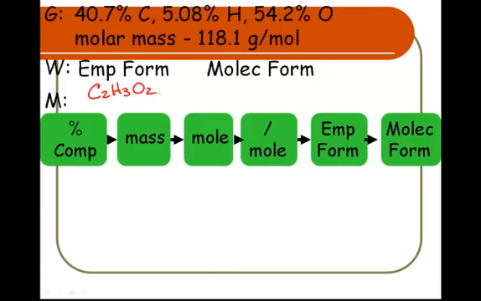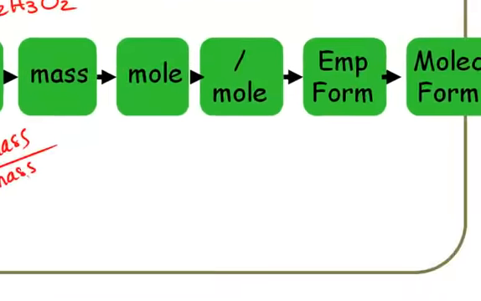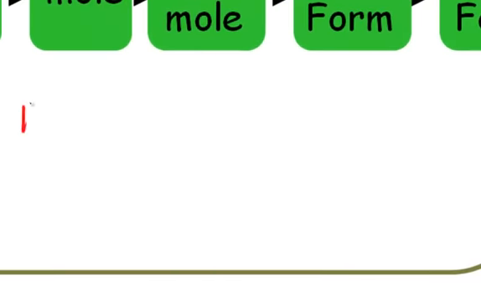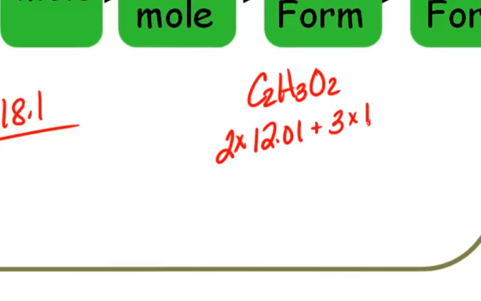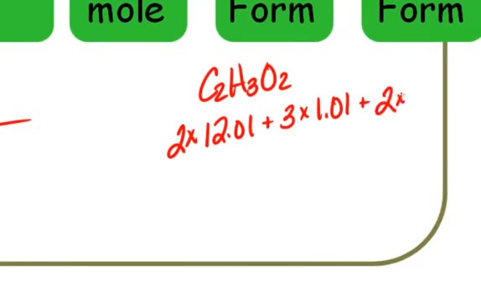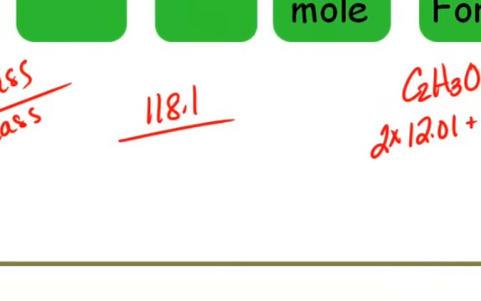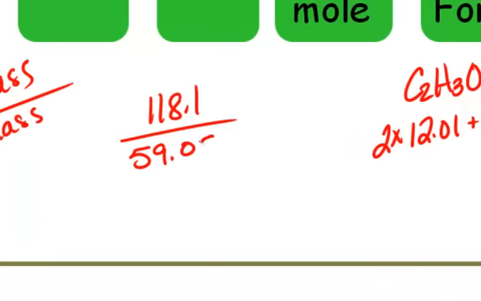So now that we have our empirical formula, we can determine our molecular formula. And we do that by taking our molar mass and dividing it by our empirical mass. So our molar mass is 118.1, and our empirical mass, C2H3O2, we have 2 carbons, 3 hydrogens, and 2 oxygens, giving us an empirical mass of 59.05. So 118.1 divided by